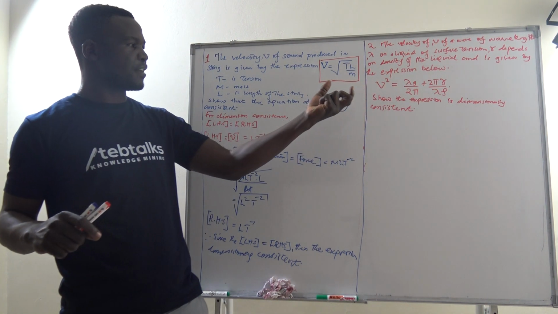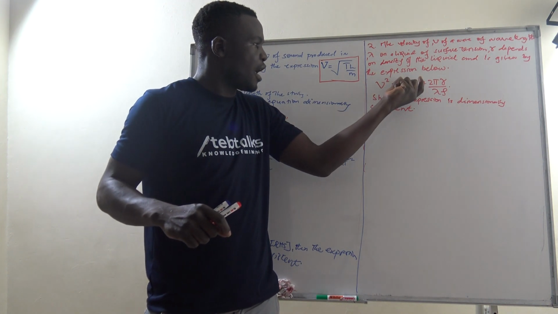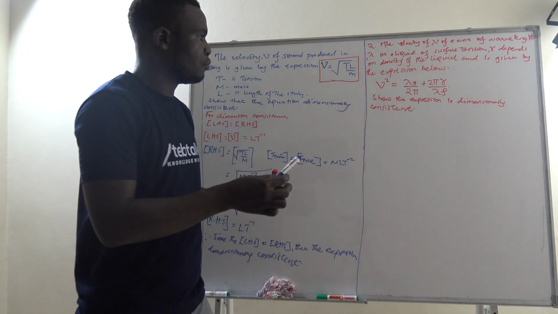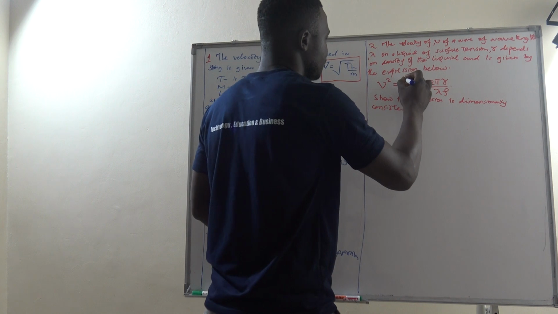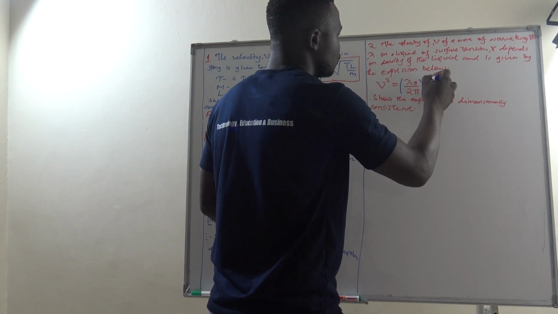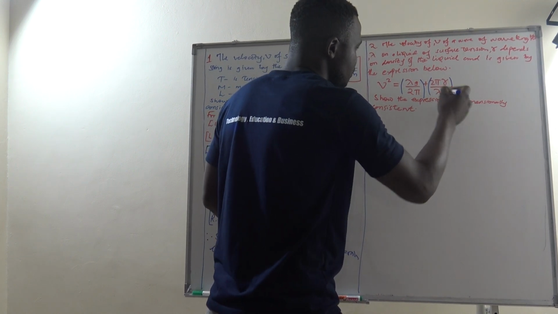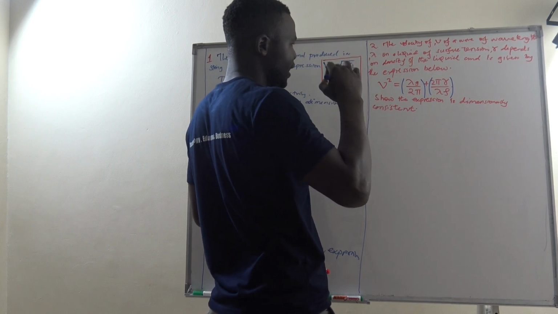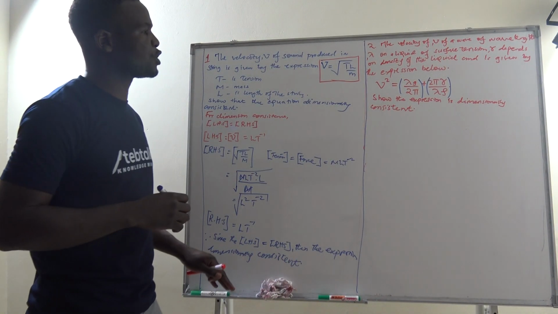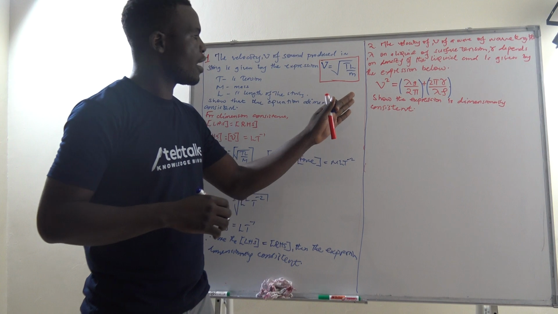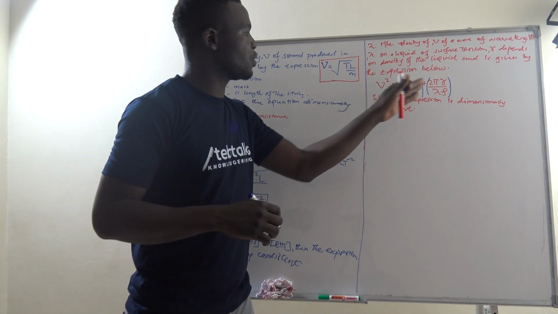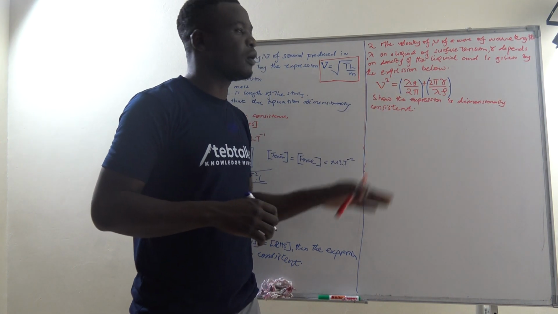So this implies that the dimensions of this term should be the same as the dimensions of that term. And if that expression is consistent, then the dimensions of this should be equal to the dimensions